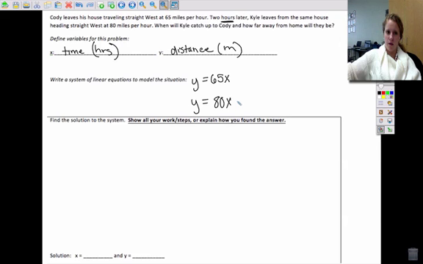So we can either have Cody be, or Kyle, I should label these, be minus 130. Or we can put positive 130 on Cody's because he's getting a 130-mile head start in those 2 hours. And then we're asked to find the solution. So the best method I think here is substitution. So if we just set it up, 65x equals 80x minus 130, then we're going to subtract 80x from both sides,